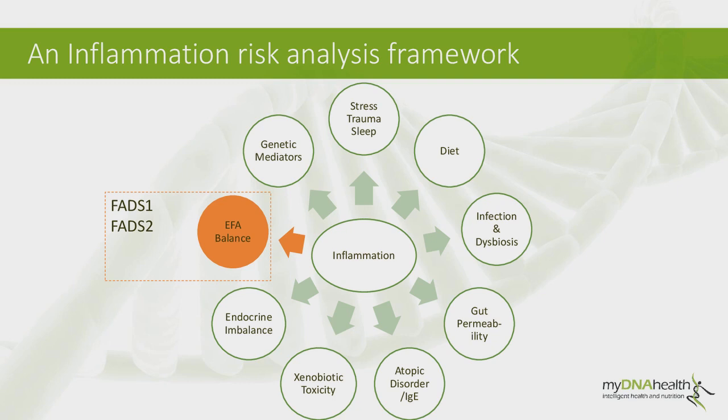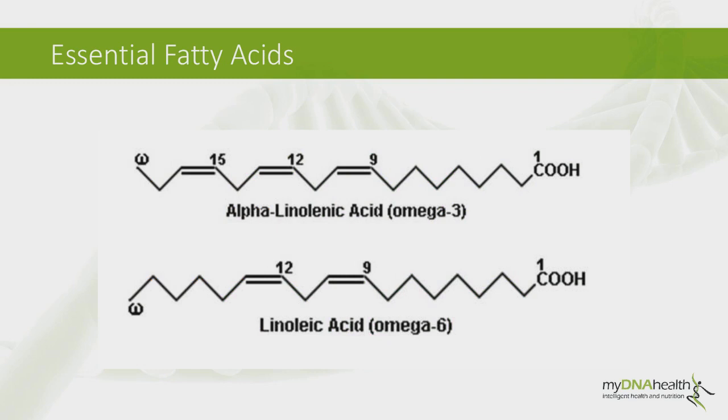So these are essential fatty acid metabolism pathways, which are known very much to directly affect our inflammatory state. The pathways of the polyunsaturated fatty acids, which are also known as omega-3 and omega-6, are very important for inflammation, and they differ. Omega-3 and 6 differ greatly due to some of their biological and clinical consequences. If we look at the next diagram, we have here alpha-linolenic acid, which is omega-3, and linoleic